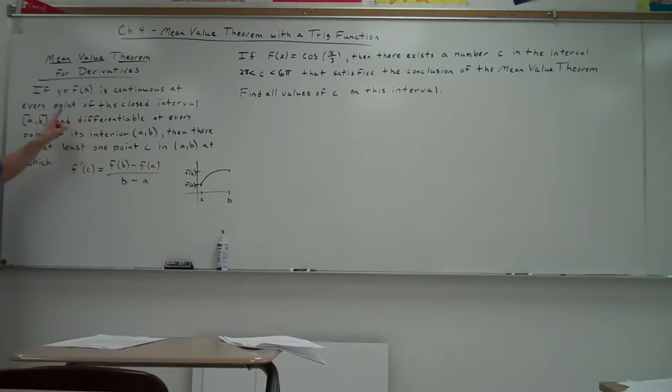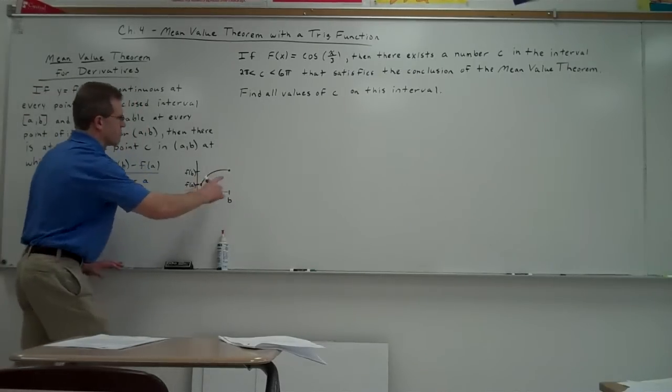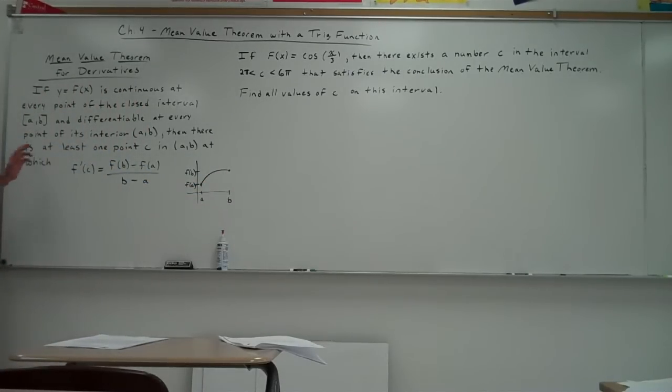So if it's continuous, that means it can't have any jumps, no holes, no vertical asymptotes, no breaks in the graph. If it's differentiable, it can't have any vertical tangents, can't have any corners, can't have any cusps, can't have any discontinuities. It's got to be a nice smooth curve, something like this. If those two conditions are met, then there's at least one point c